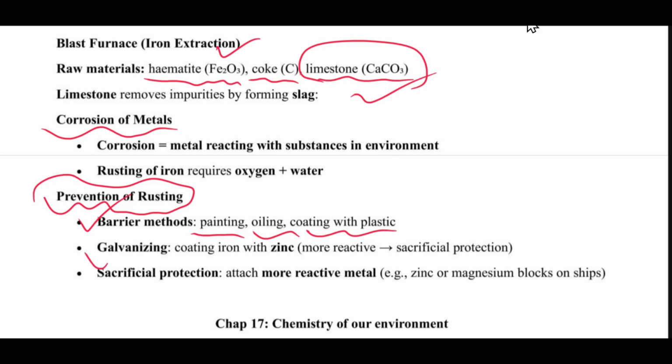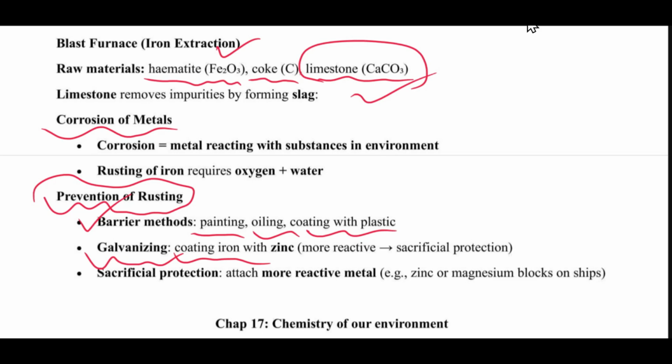Let's see another method, galvanizing. Galvanizing is also a coating method, or you can say it's like a painting method. But instead of using paint, you use another metal, or you can electroplate it. In the electroplating method you coat iron with zinc. Zinc is more reactive than iron. So when you do the coating of zinc on the iron,